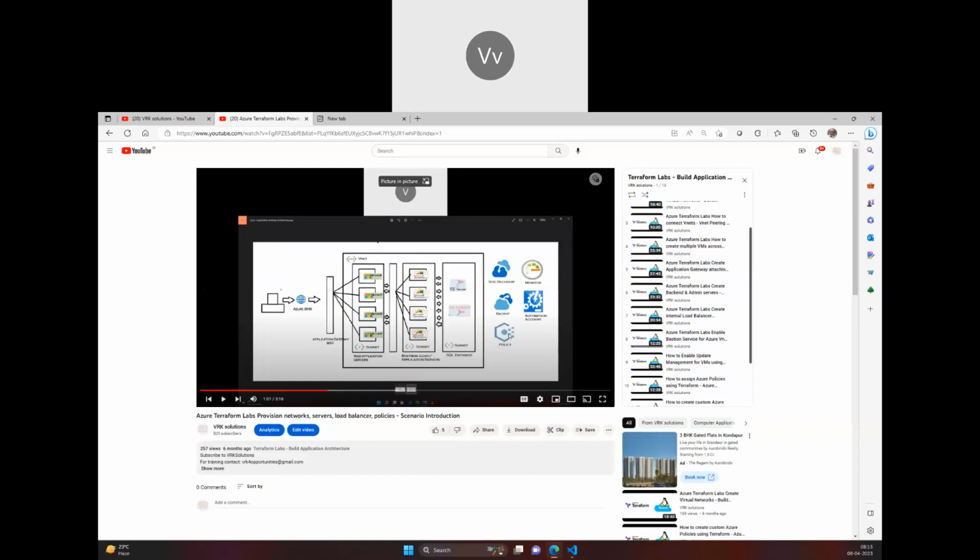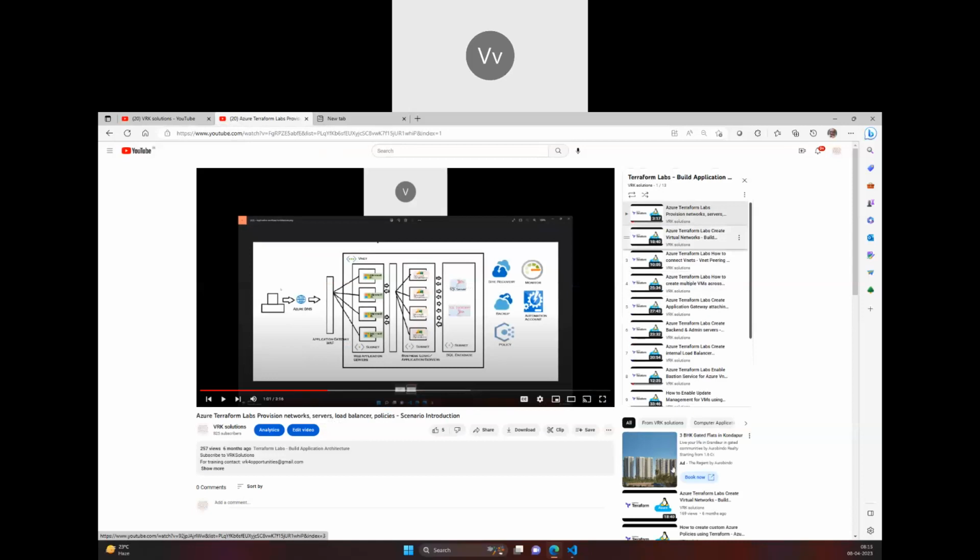There are many things in that you have to play with. I covered backup, I didn't cover site recovery, I covered automation account, I covered policy, I covered monitor, I covered Azure DNS probably. Most of it, I believe I covered. There is probably 15% or so that should be left out. But yes, you can refer to it.